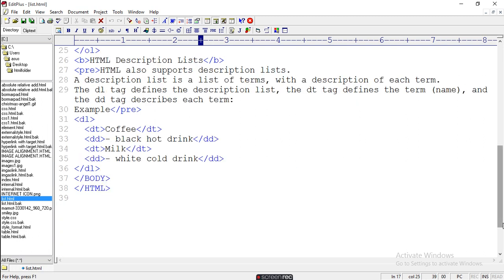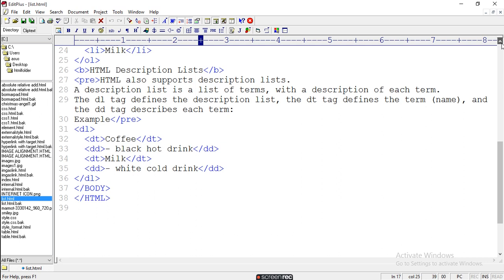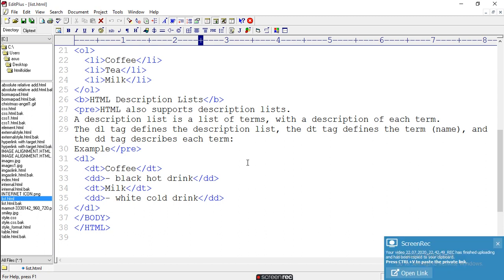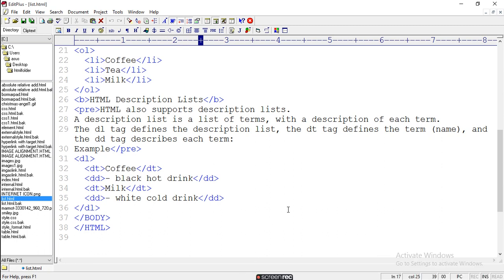Then the third is the definition list. Here you have to use a description list, a list of terms with a description of each term. The DL tag defines the description list, the DT tag defines the term name, and the DD tag describes each term.